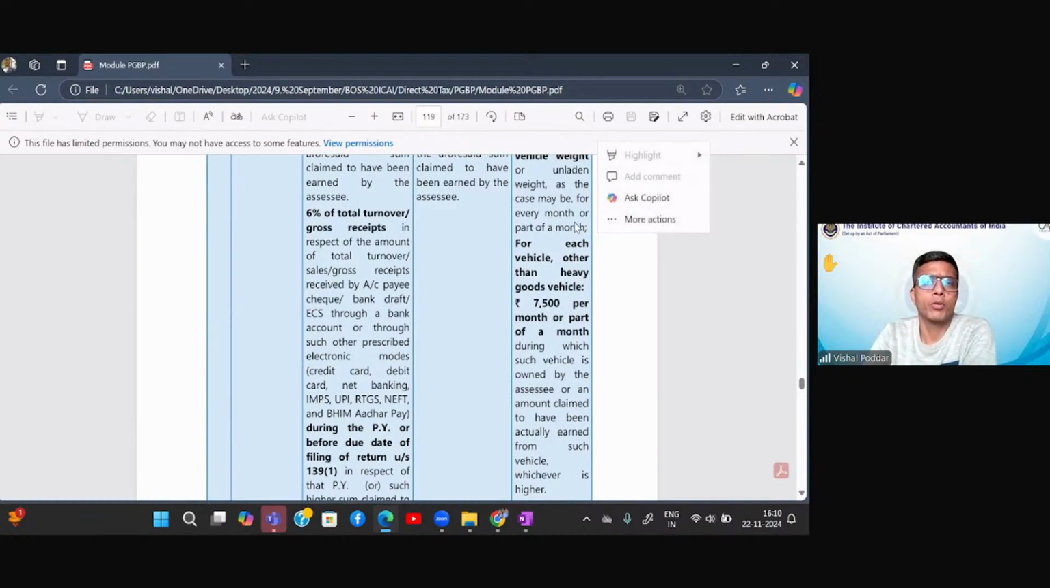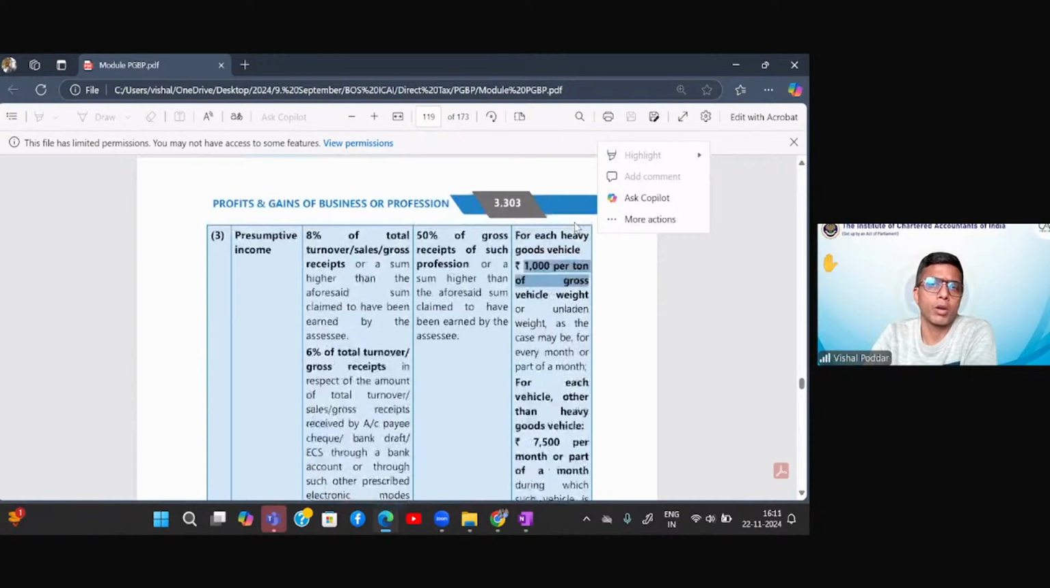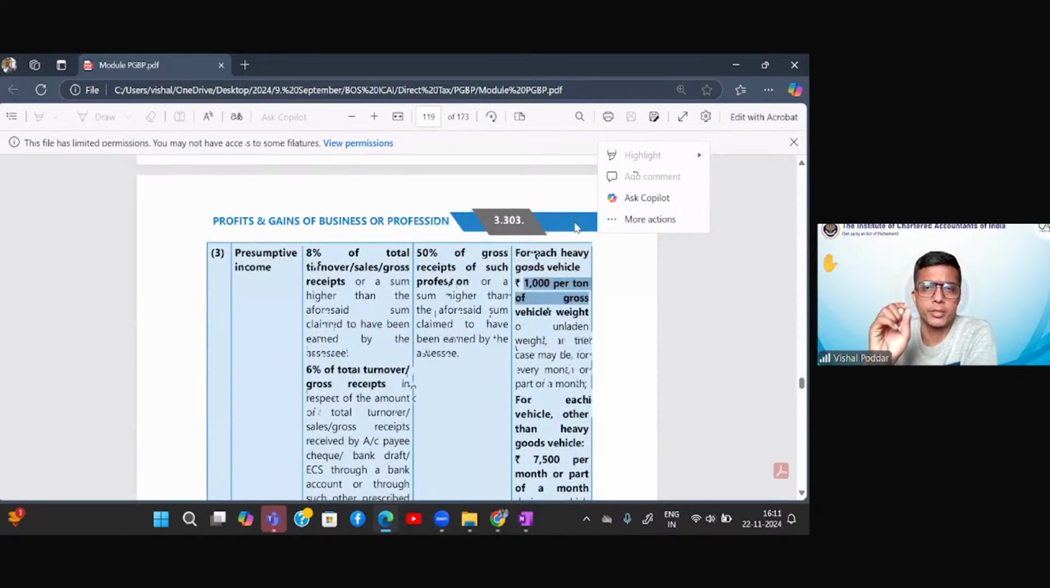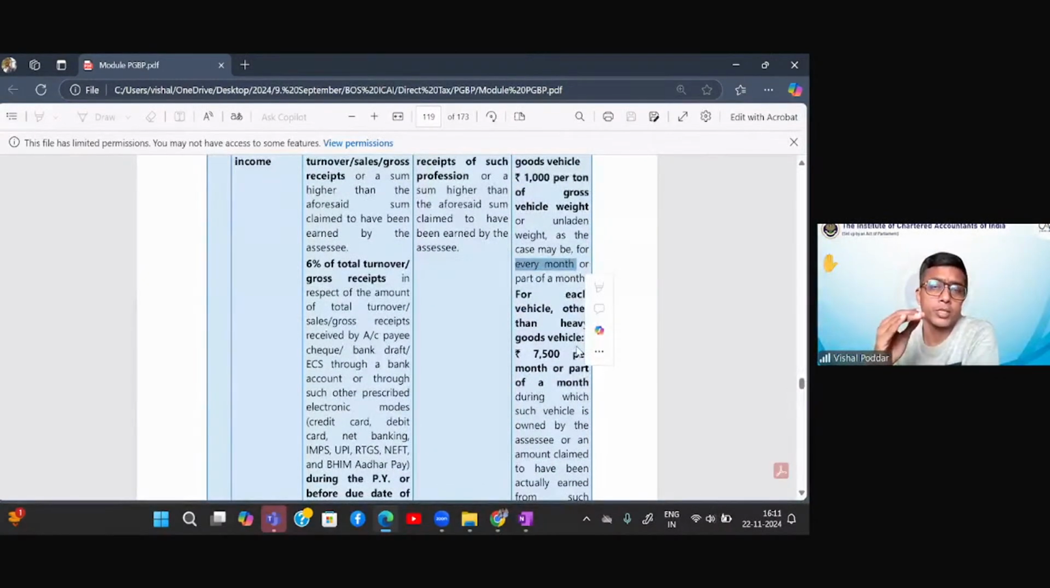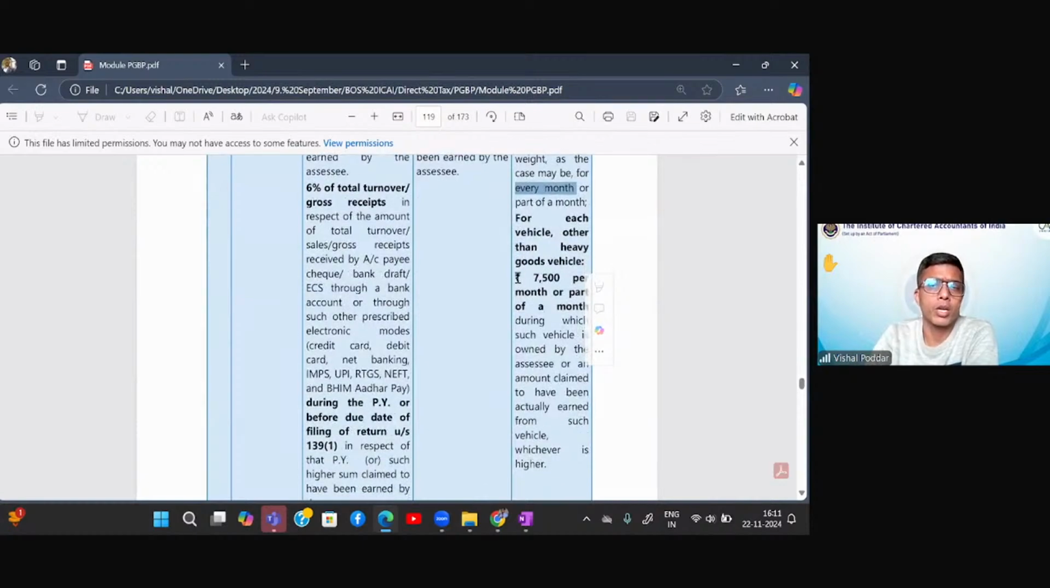And you have to multiply it by the total number of, one second, I just made one small mistake. It is not per day, it is per month. So this income that you have computed is your income per month, and then you have to multiply it by number of months. Now this is where your vehicle is a heavy vehicle. If your vehicle is not a heavy vehicle, that is, it is not a big truck, it is a small truck,